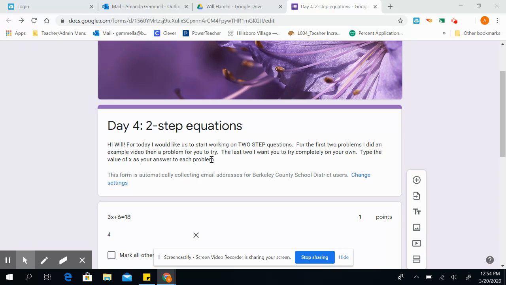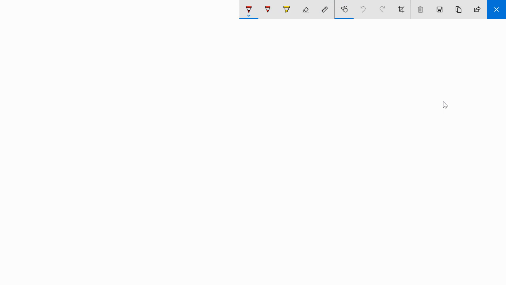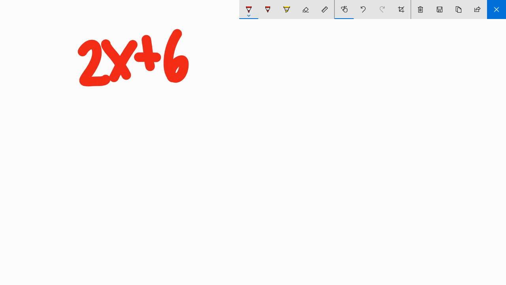So what that means is not only are you going to have to add to solve for a variable, you might have to add and multiply or add and divide. You're going to have to do two steps. So I'm going to give you an example and then I'm going to give you a problem I want you to try. So my first example is going to be, let's say we had the equation 2x plus 6 equals